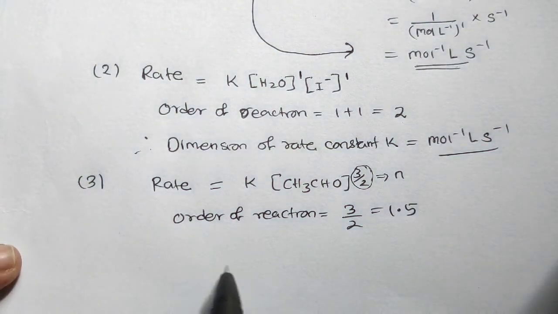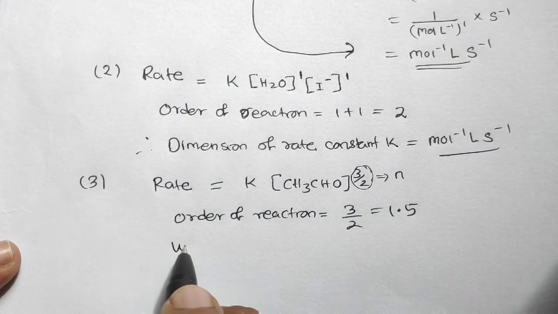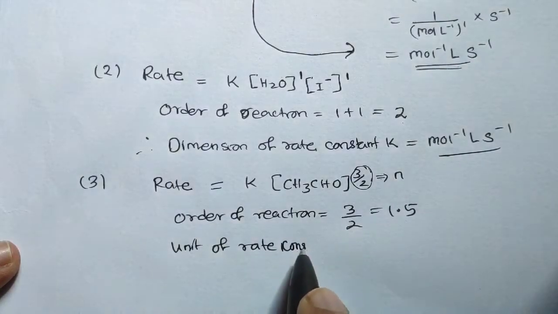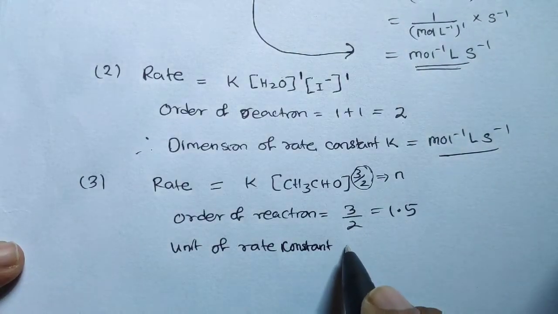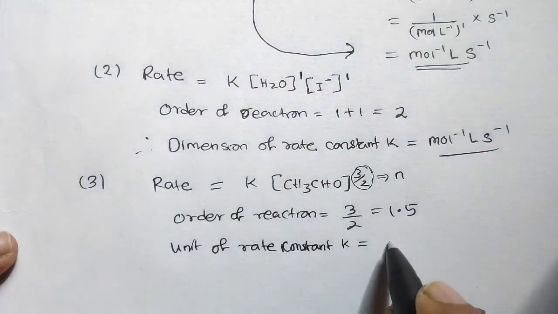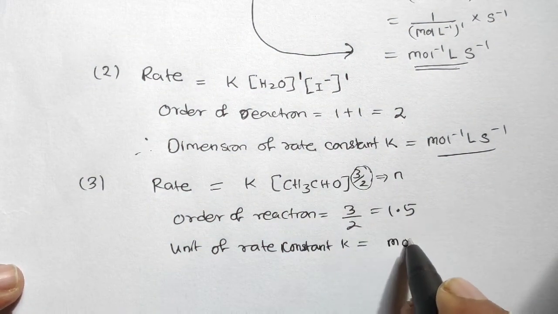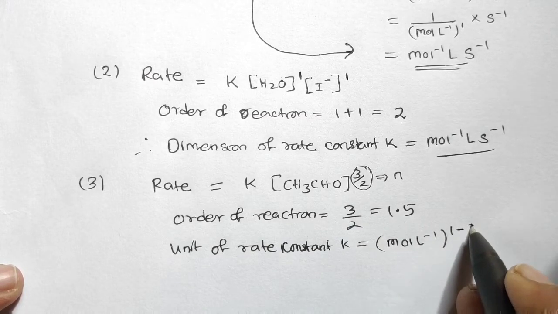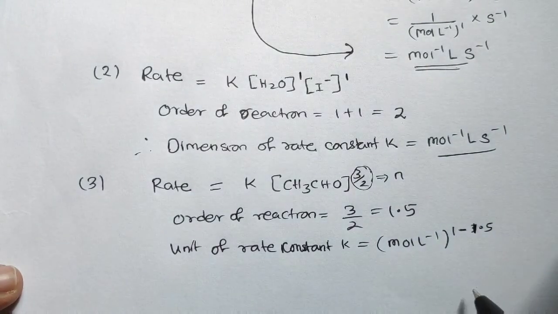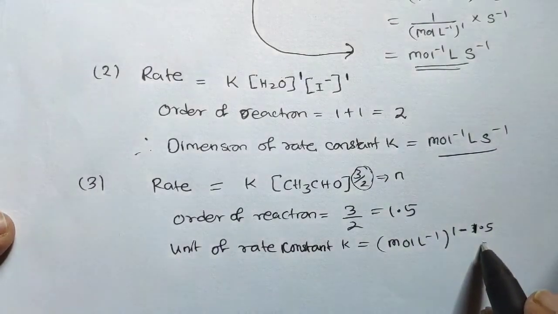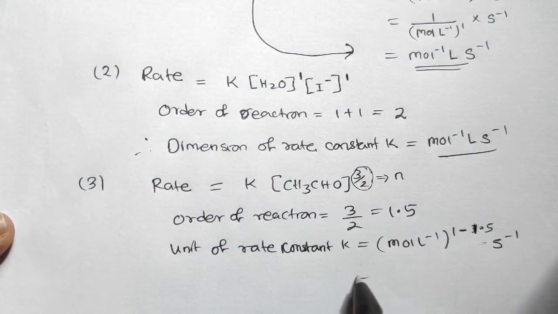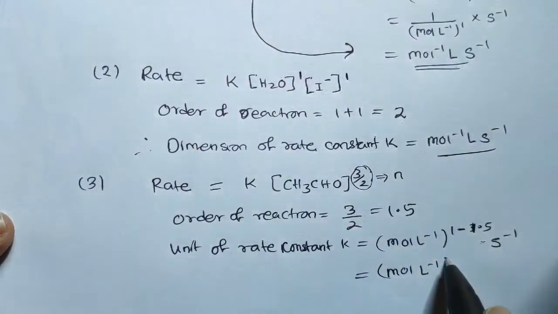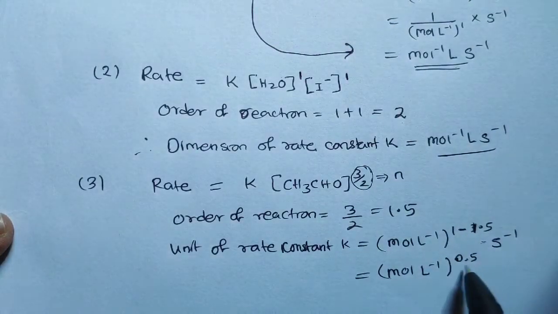So for the nth order, the unit dimension of the rate constant K is equal to the nth order formula, that is (mol L⁻¹)^(1−1.5) s⁻¹. Okay, so which is equal to (mol L⁻¹)^0.5...